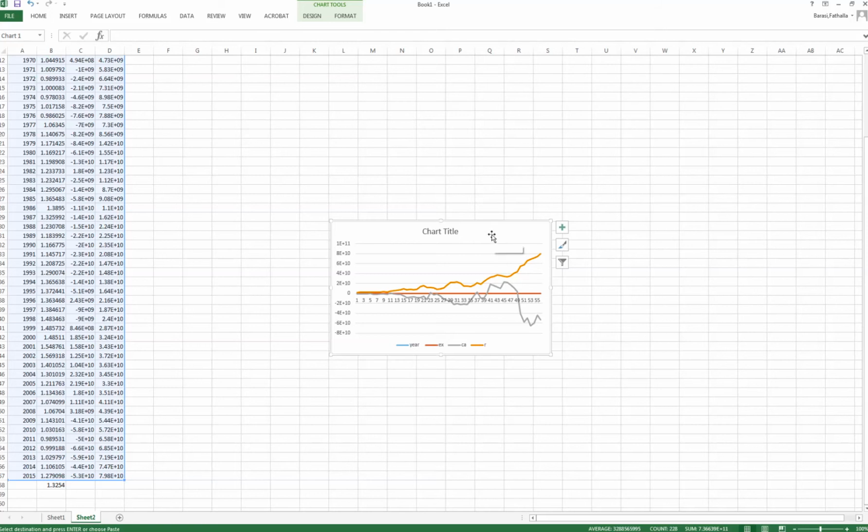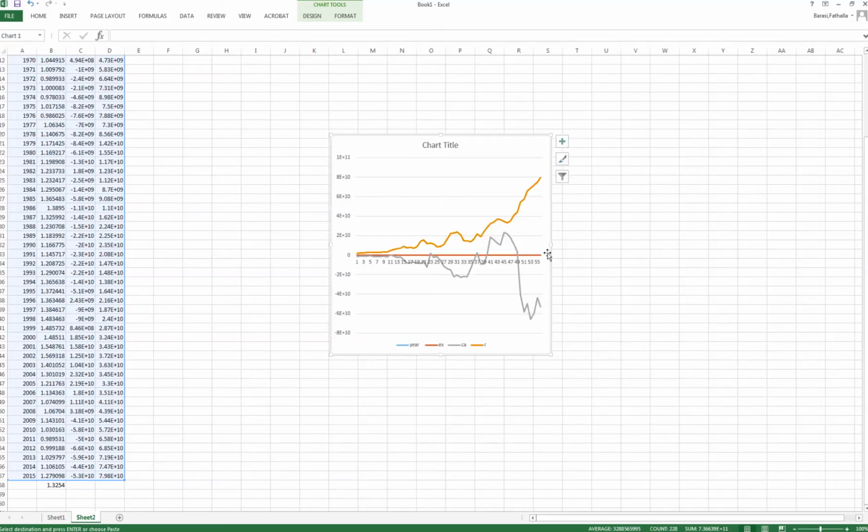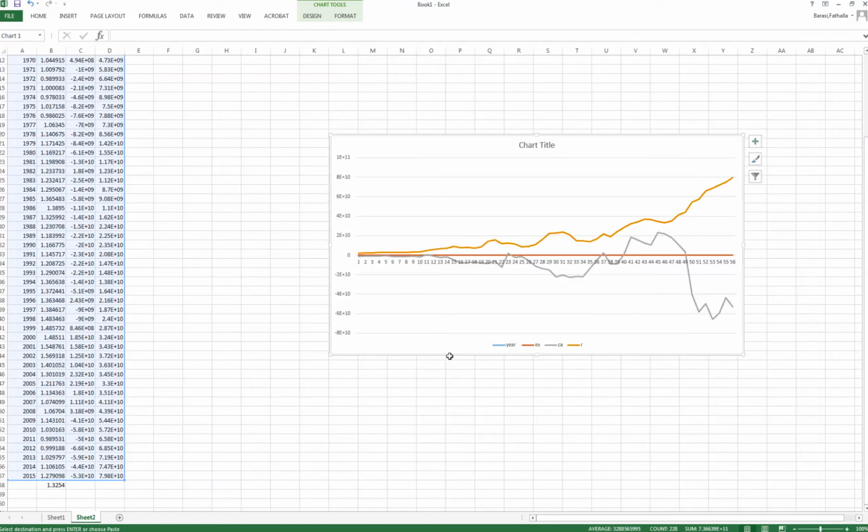See, this is a graph of the data for the chosen variables. Here, this graph is for reserves, and you see that the total reserves for the country is increasing